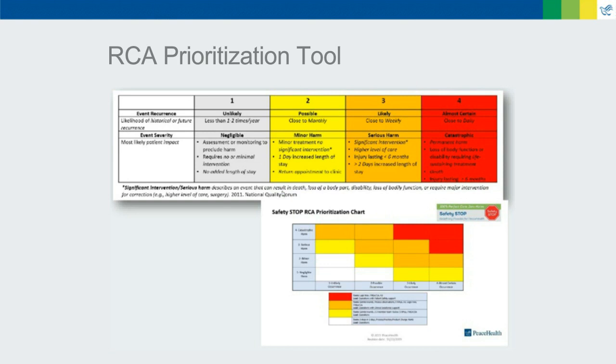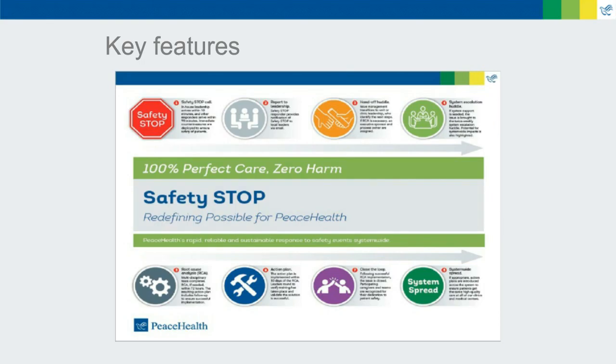So these are our key features, and as we decided that we could make adaptations that would fit a critical access hospital that has different resources, or clinics that have different workflow, we said these are the key features that must be in place. That a safety stop can be called by any caregiver, that there will be an immediate response by someone on site and then followed by a team to come in and start the investigation right away,